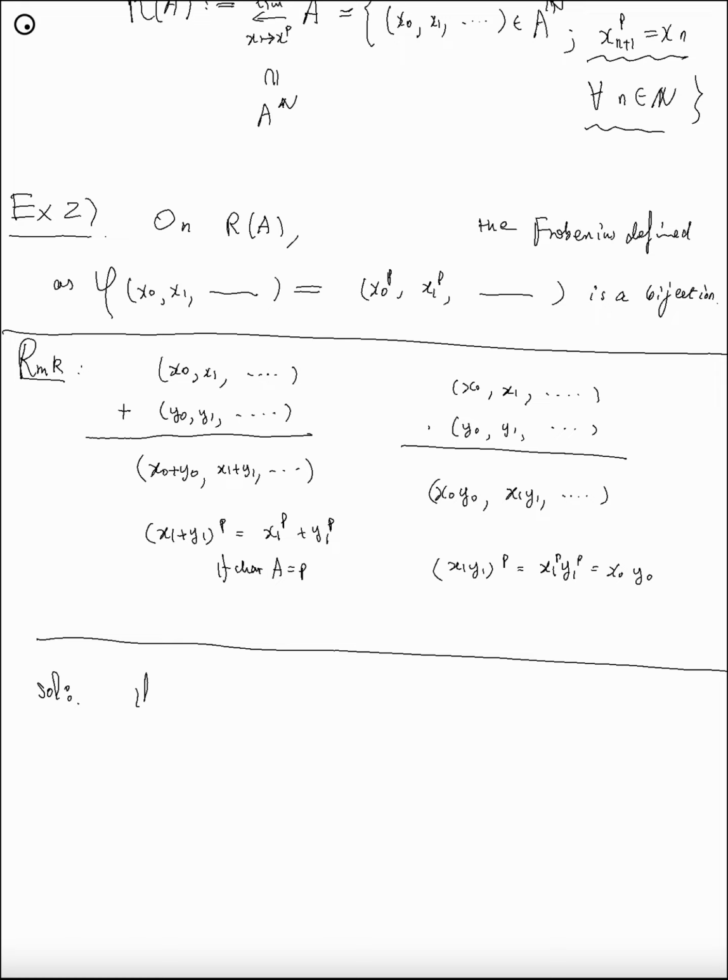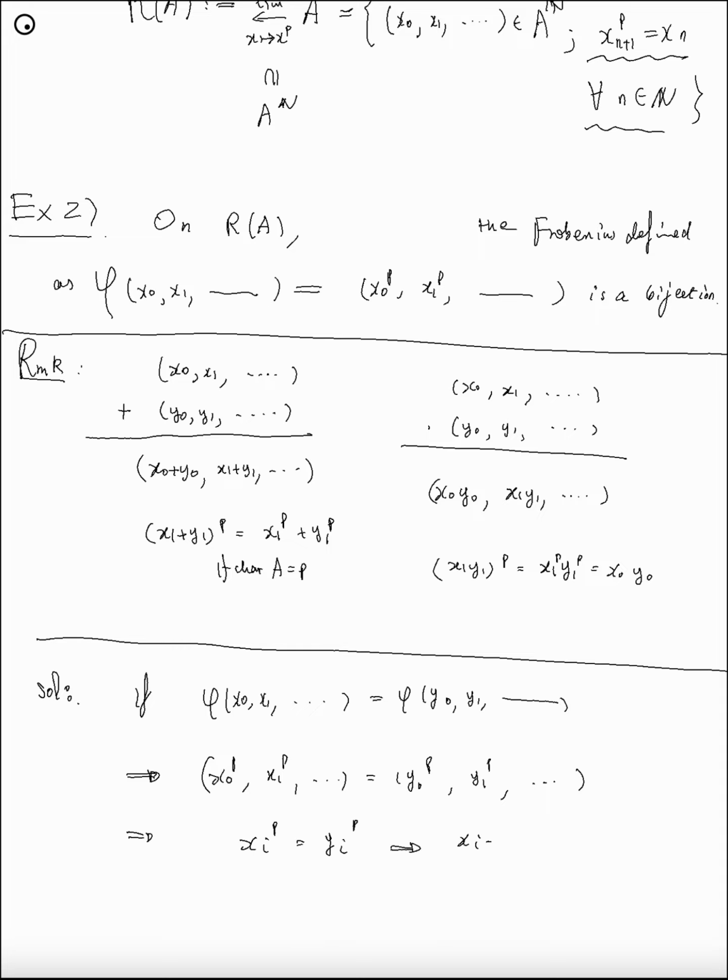So if Frobenius acting on x0, x1 equals Frobenius acting on y0, y1, then this tells that x0 to the power p, x1 to the power p equals y0 to the power p, y1 to the power p, and then it implies, component-wise, we have this, and because this is characteristic p, it's telling that this is 0, and again, because this ring is assumed to be